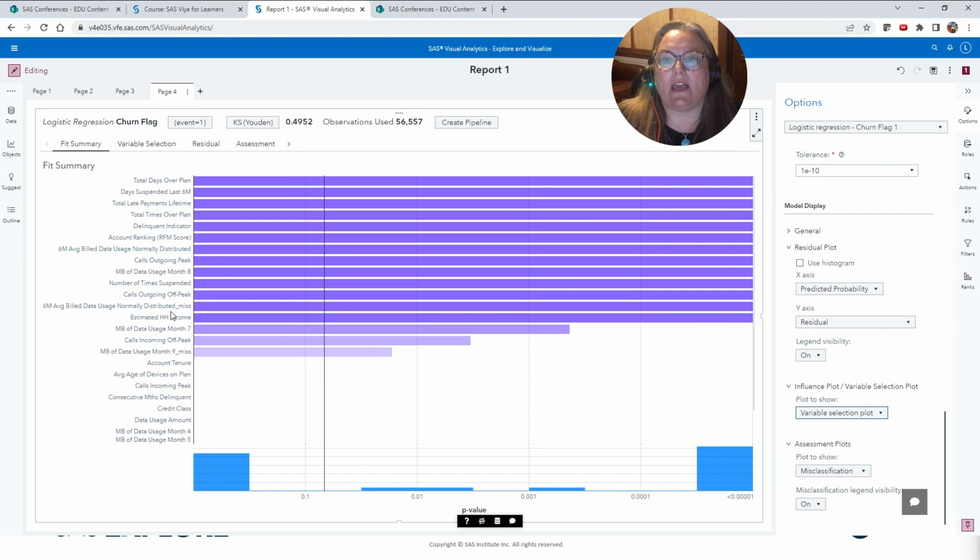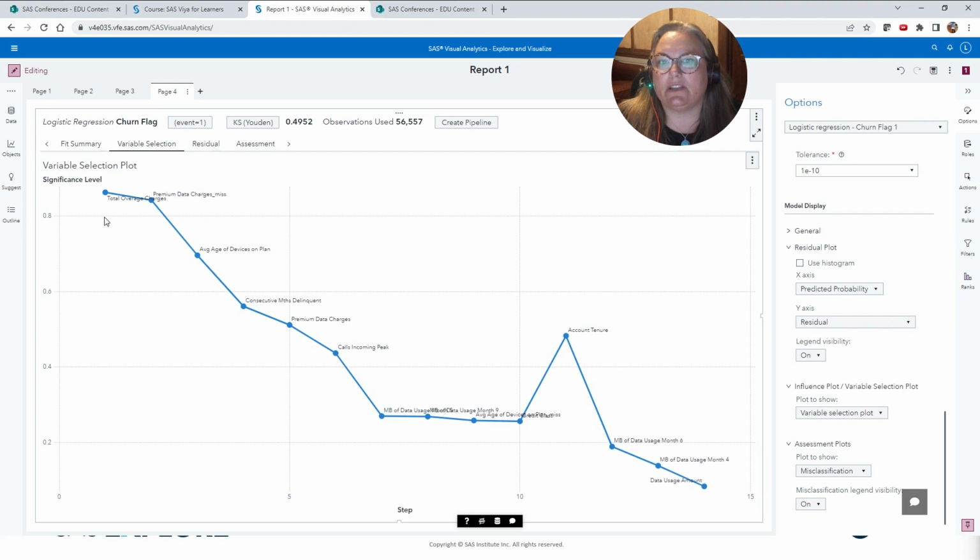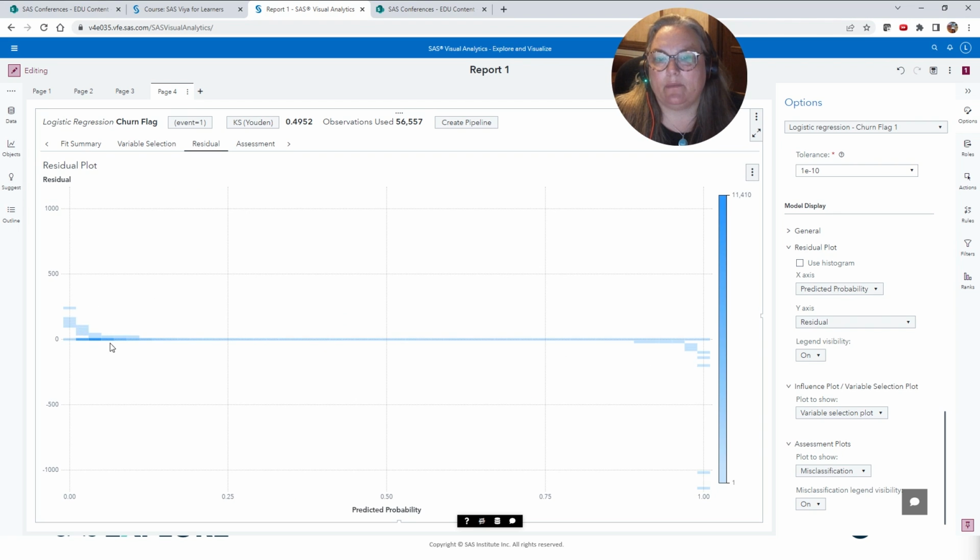Let's go and look at some of these other plots. So my variable selection, these are the steps for removing non-statistically significant data items. Again, our residuals, same sort of story. We have a bunch hovering here at 0, which is not a big surprise because this is 0s and 1s, and then a bunch over here at 1s.